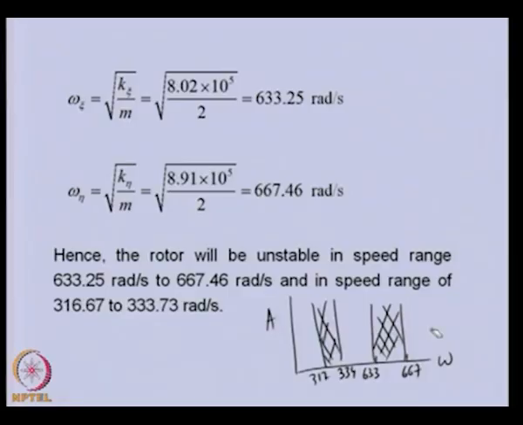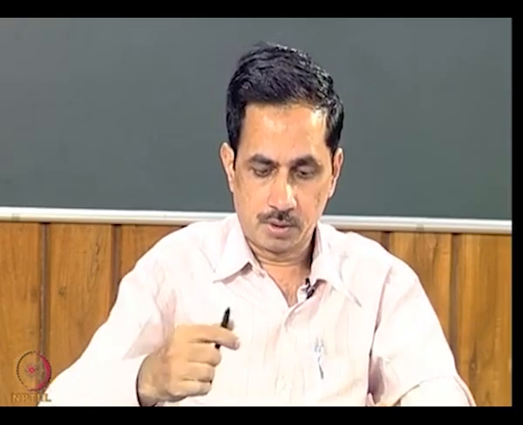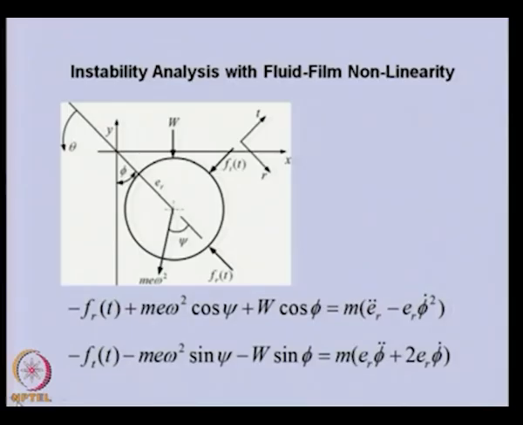In the previous lecture, we did the instability analysis of fluid film bearing. That was a linearized case. If we want to consider the nonlinear bearing fluid film forces, then we need to use the Reynolds equation to obtain that. So here briefly I am outlining how the instability analysis can be done for fluid film force if nonlinearity we want to consider. So in this particular case, this is the rotor, and here we have fluid film forces in two directions, radial direction and the tangential direction,